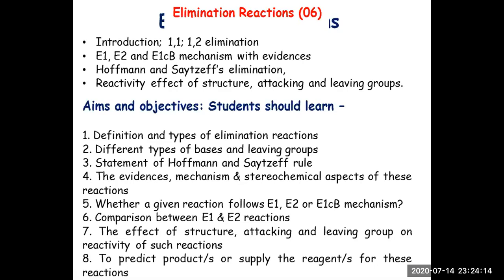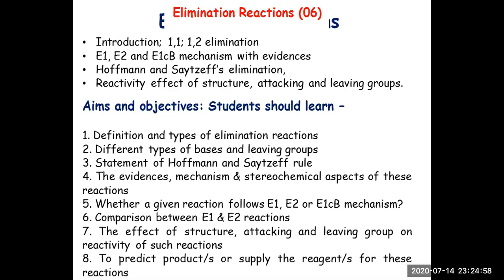So in this particular chapter we have got all the details about elimination, different mechanisms, how they take place, and their comparison, and what are the different factors which will decide by which mechanism these particular reactions will go, will be discussed in this chapter. So at the end of this chapter you should be able to understand what is elimination, then what is base, what is leaving group, how it affects the course of the reaction, as well as how structure of the reactant is important when we decide what